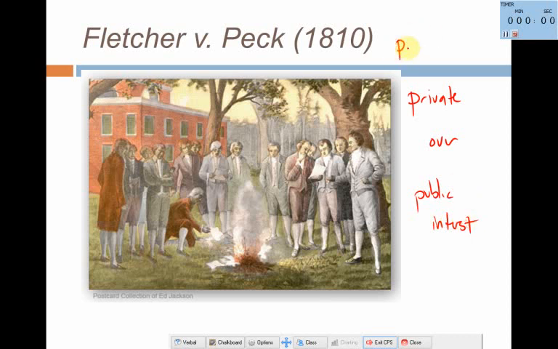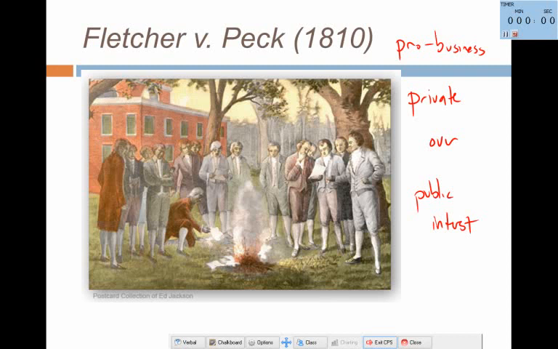Because the idea is that they wanted to be pro-business. So they wanted to make sure that it was really difficult to break contracts. Because what if, folks, you signed contracts and the state could just decide whenever it wanted to break that contract? Would that be bad for business? Yeah, I signed 900 contracts and the state went ahead and said, no, you can't do these 30 contracts. Is that going to be good for my business? No. So they said states may not break contracts, only the federal government can.